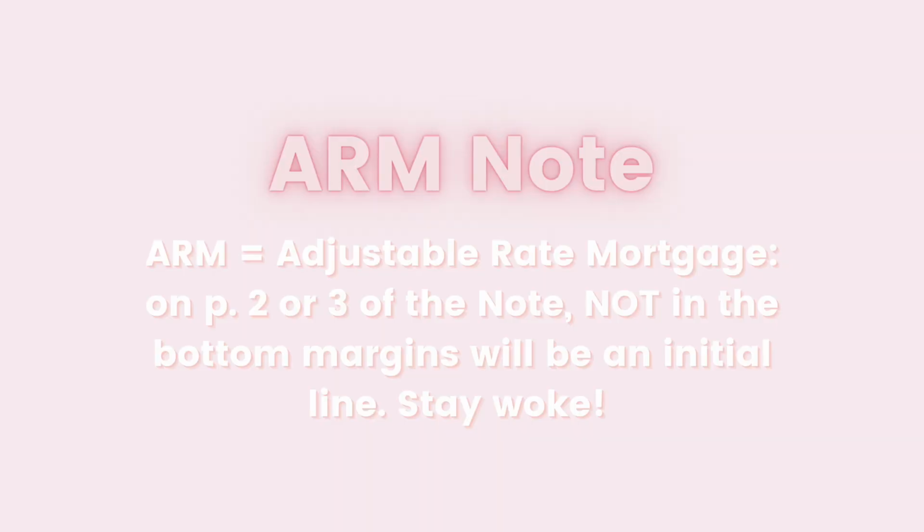So on the adjustable rate mortgage note, you will see initial lines. I believe it's on page 2, but it's somewhere behind page 1 of the adjustable rate mortgage. And usually you would just have your borrower sign the last page of the note, right? On adjustable rate mortgages, you will have an initial line in addition to their signature line. So you need to be looking out for those initial lines, and anytime you have an adjustable rate note with initial lines, it's likely you're going to have either a deed of trust that has initial lines or maybe a rider that has initial lines sitting down in there, sneaky, waiting for you to miss it.